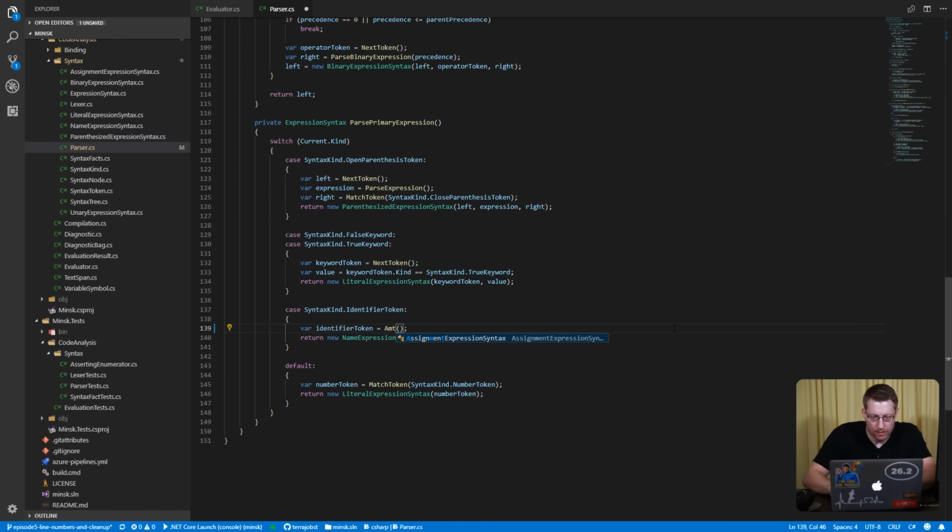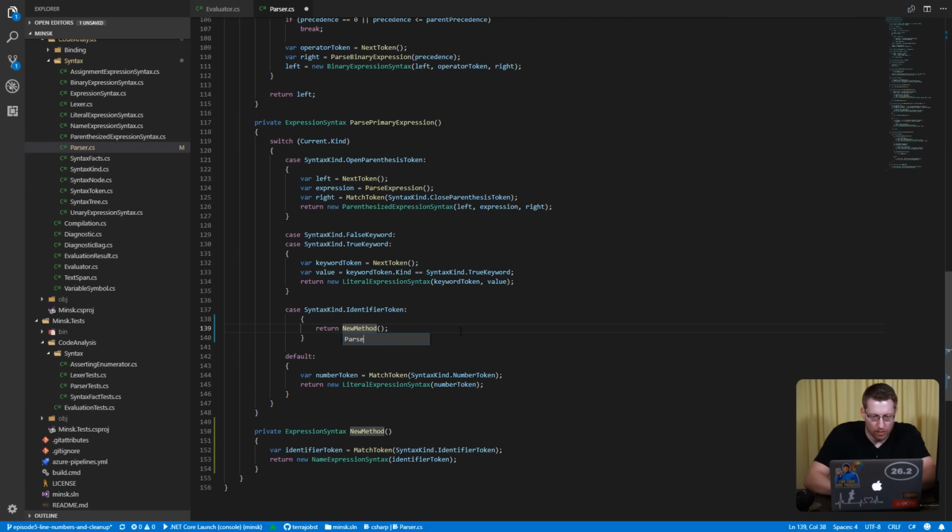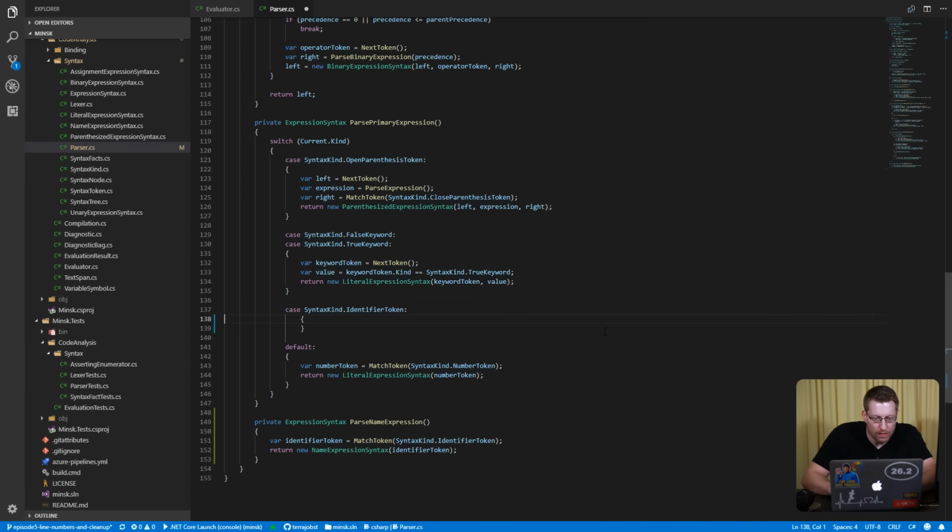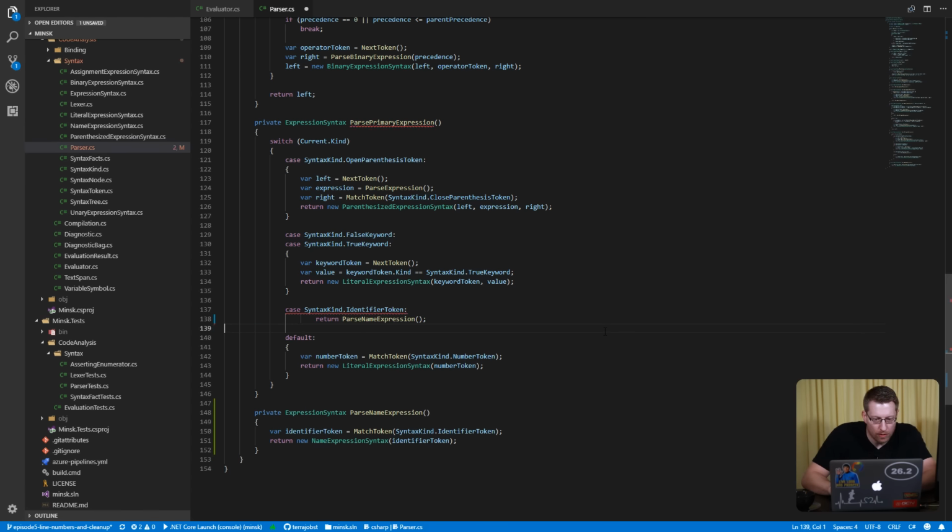So before we do this, let's say match token. So why do I do these guys? Well, why do I match token now here? Because I already know I'm standing on one. Well, because I want to extract this into a method. And I want to call this parse identifier token. And so when I reuse the method, well, then I really want to make sure that, actually no, I don't want to call this parse identifier method. It's a parse name expression. So when I reuse this method call from somebody else, then this guy has to ensure that it actually is standing on an identifier right now. So that's why I generally will have